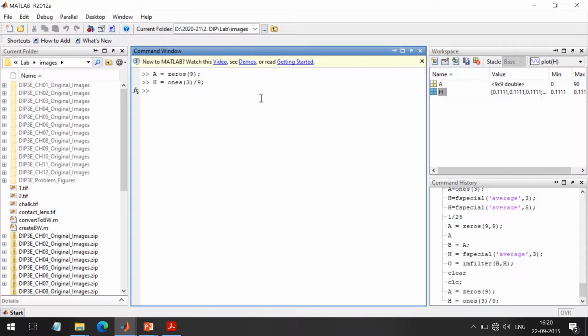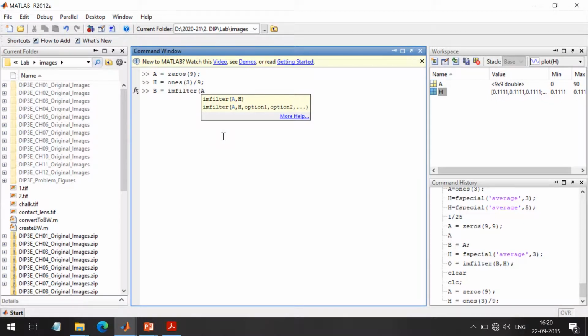Now we have our image and we have our mask, and we have to apply that mask over the image. That operation is known as a convolution operation, and the MATLAB function for performing convolution is known as imfilter.